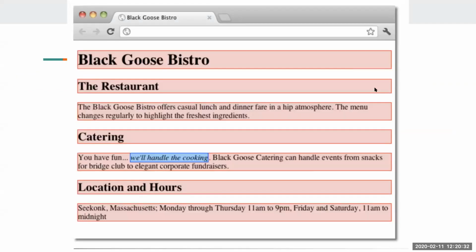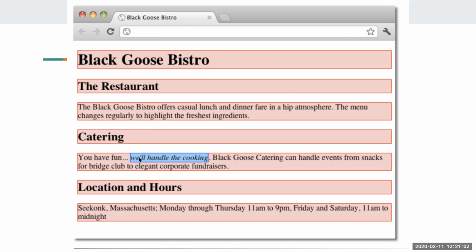So you can think of this red block as the space occupied by this particular HTML tag, which looks like H1, H2, probably this is P, and so forth. And then this particular thing, you see that it's in italic,